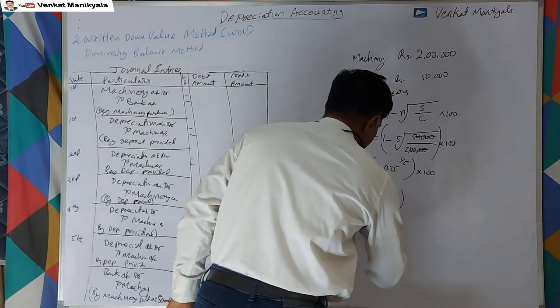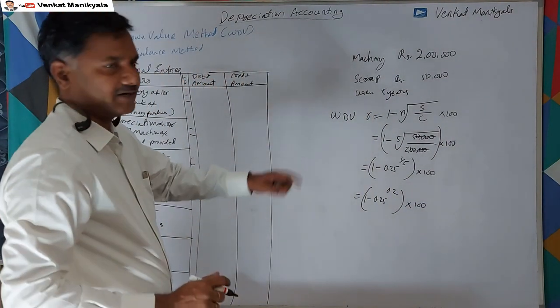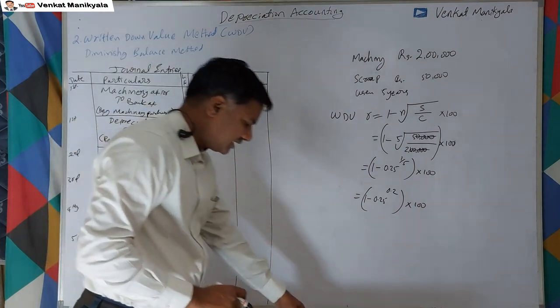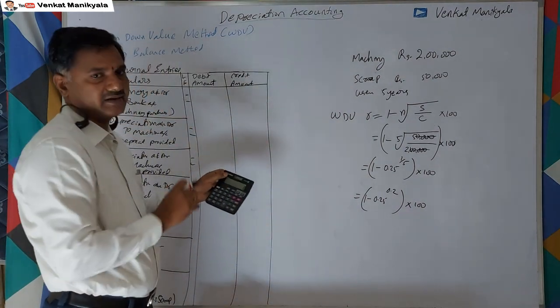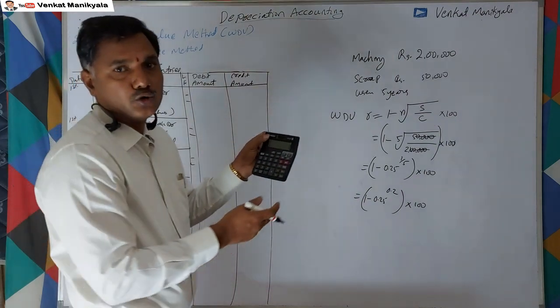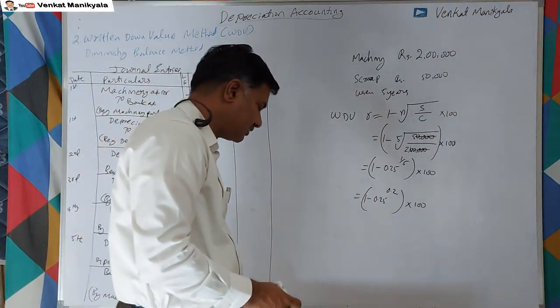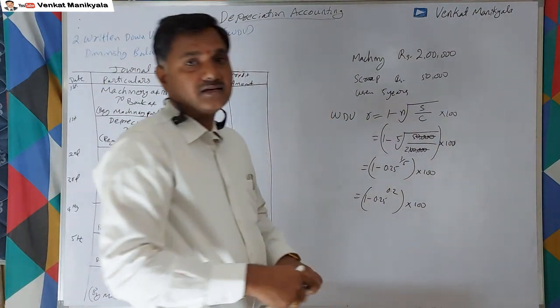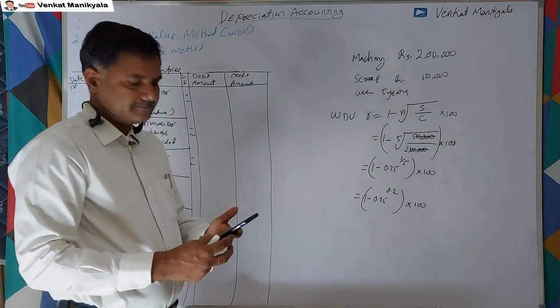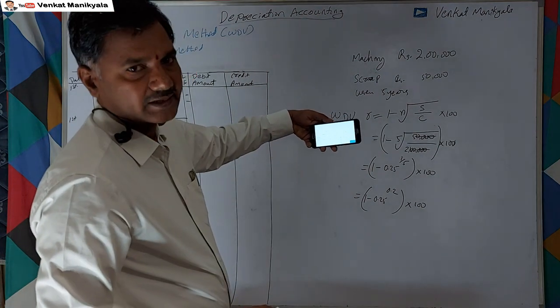So overall multiplied by 100. So how to find out the power? In the normal calculator, we cannot find out the power. Here the normal calculator, no power symbol here, right? So for that reason, what we have to do? We have to go for scientific calculator, right? Scientific calculator in Excel also we can find.